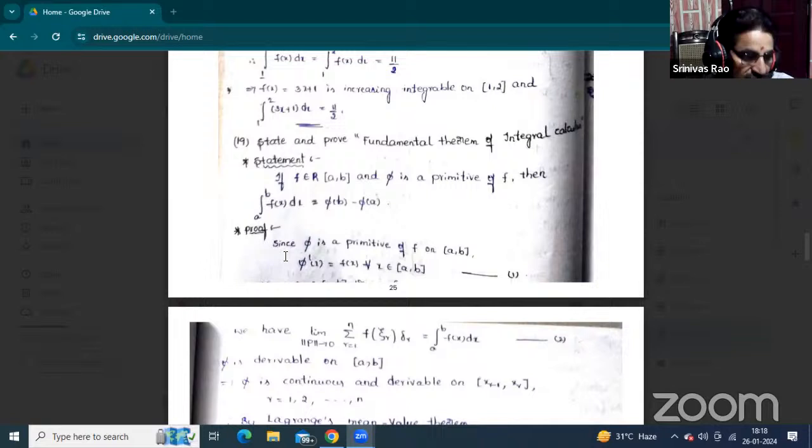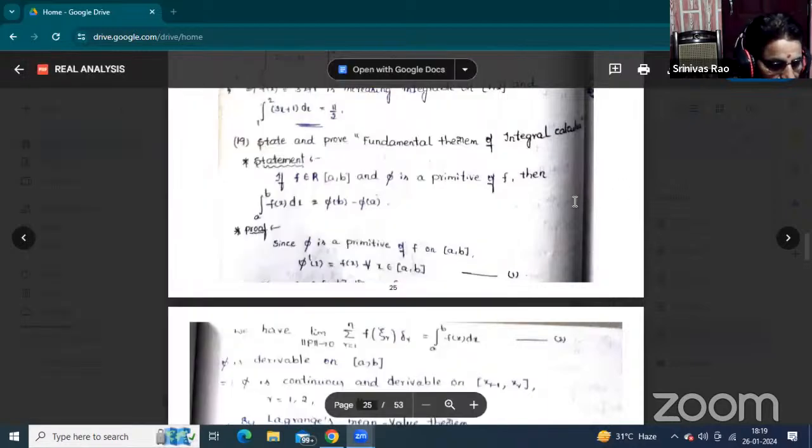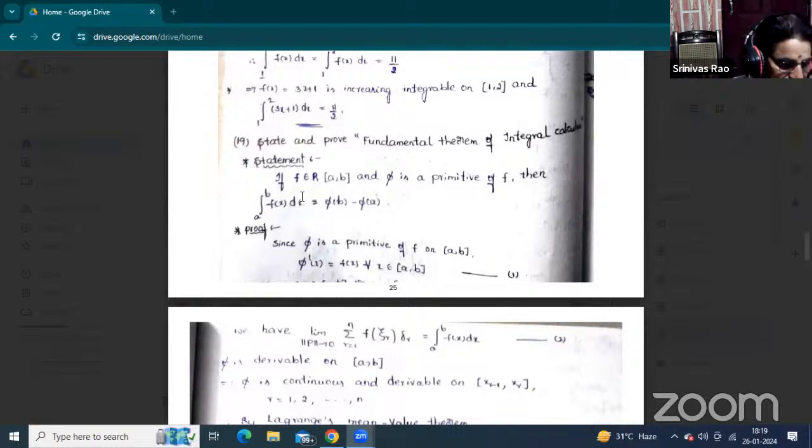There is no doubt. Now recently I explained the Riemann integrability condition, and this theorem is the fundamental theorem of integral calculus. Should listen carefully. Now, what is the statement of the fundamental theorem of integral calculus? Given the function is Riemann integrable, f belongs to R of interval [a, b]. Now, f is Riemann integrable on the closed interval [a, b].